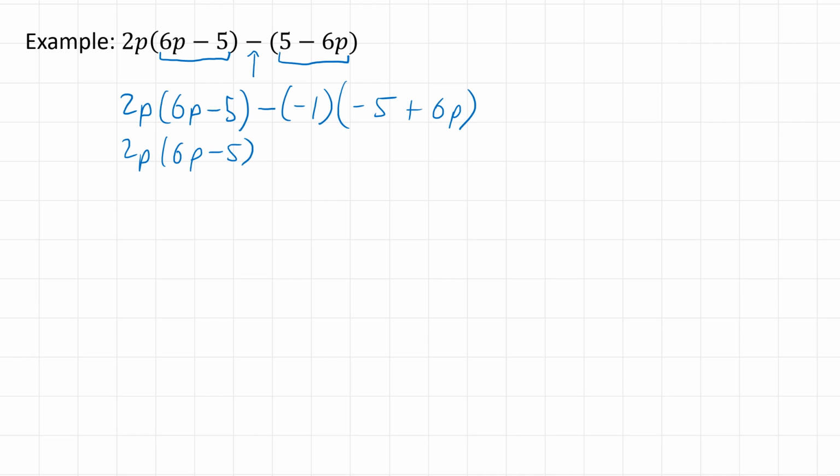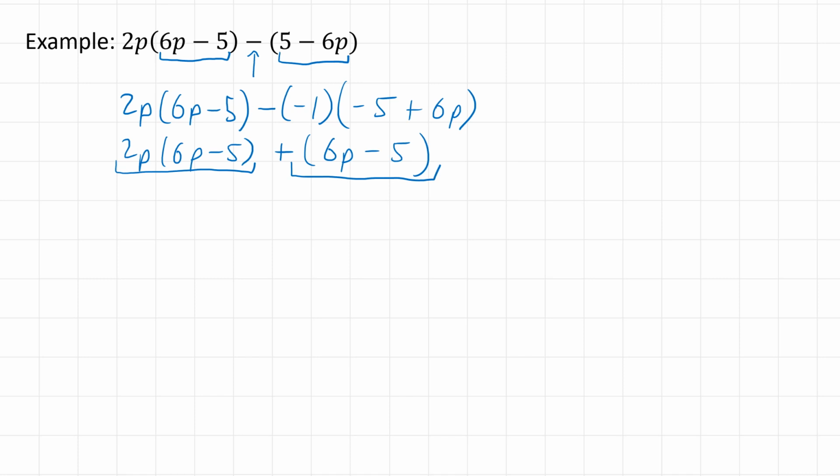And now when we minus negative 1, that's just like adding 1. So this just turns into a plus sign. And here, let's rewrite these terms in order with the positive variable term first, 6p, and the constant term minus 5 second. Now if we look at these two larger factors, we see that 2p, 6p minus 5, and 6p minus 5